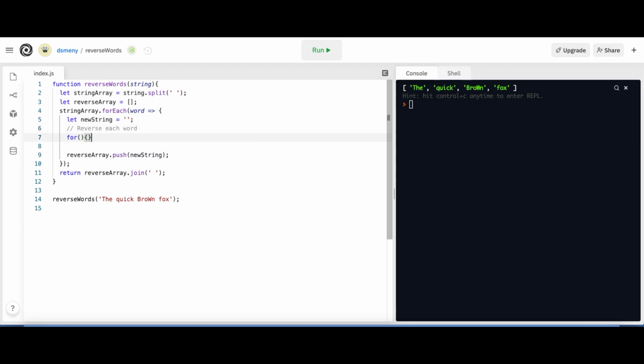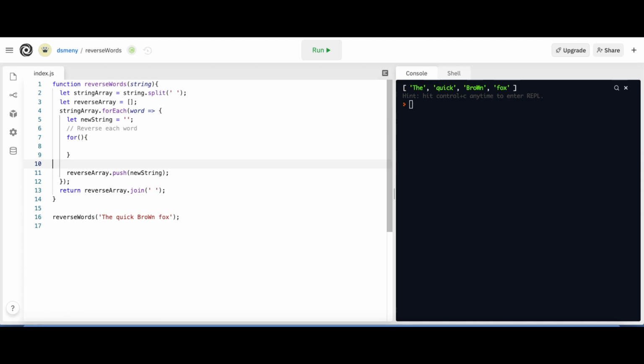Like right now, we could just do a for loop, right? And we're going to loop through the string. So let i equals word.length; i is greater than 0; i minus minus. So go to the end of the word and then keep going until i is greater than 0. But the problem here is that